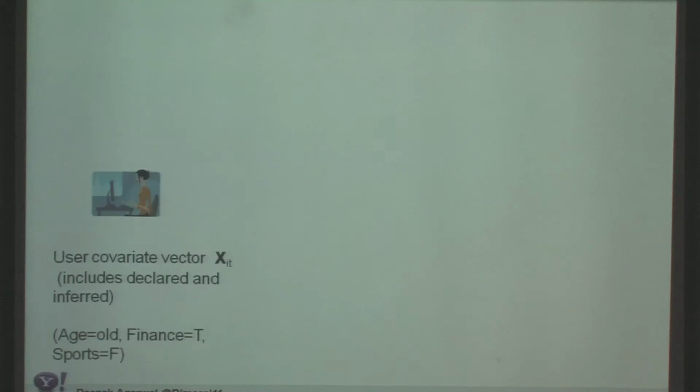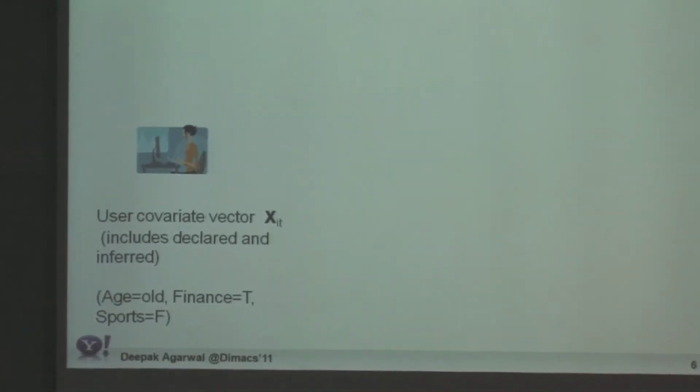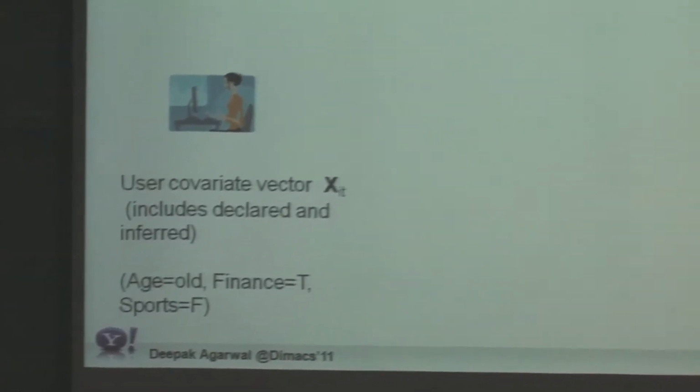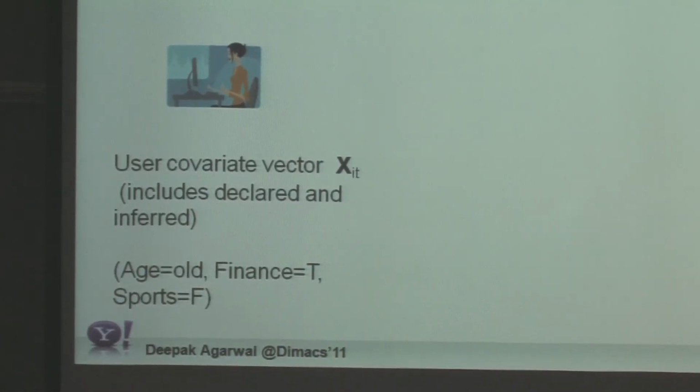So again, here is the problem. We have users coming to the front page. Each user, when he or she comes to the front page, is equipped with a covariate vector X_it. X_it are a set of attributes which we know about the user. This may include declared interests, declared information, like the user may register with Yahoo and tell us they are old users, they are females. It also includes covariates that are inferred by us by looking at users' activity throughout the Yahoo network. We look at all your search queries, your ad clicks, your page views, and based on that, we infer that you're probably a finance user. You love finance. You hate sports, and so on and so forth. So these are the